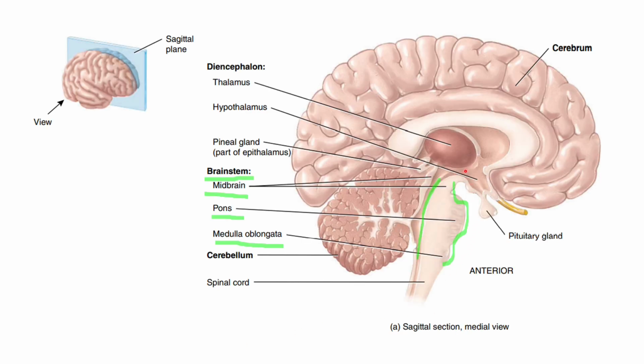This lecture is about the brainstem. The brainstem is composed mainly of three parts, starting from the lowest one, which is the medulla oblongata, then the pons, and